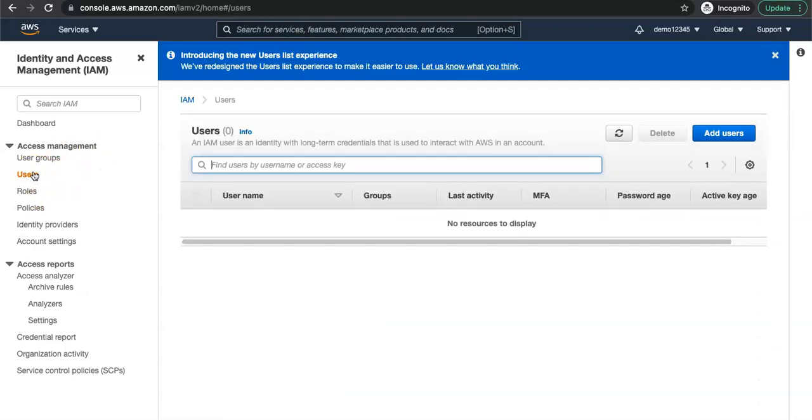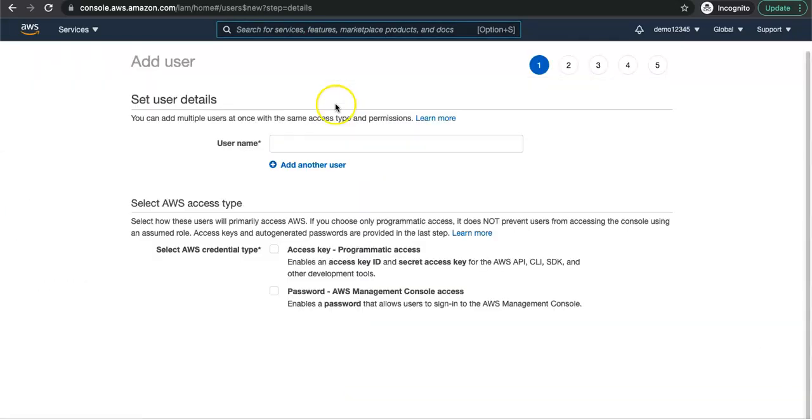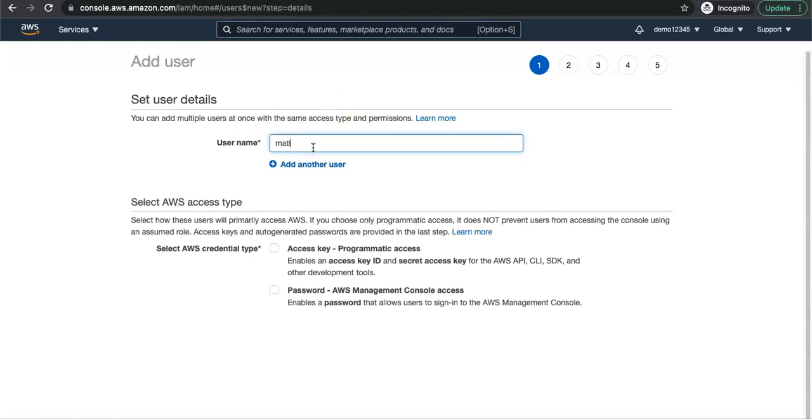So I will go ahead to the user and click on add user. And in this add user, I will say Matillion or mat user. Okay. Are we keeping the note of this? So mat user is your username, and here if you yourself are using this credential, then you don't need to